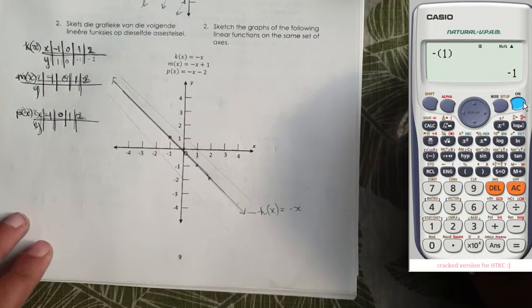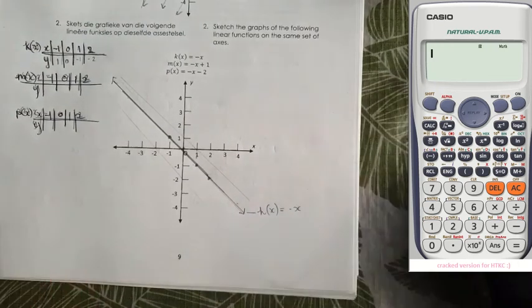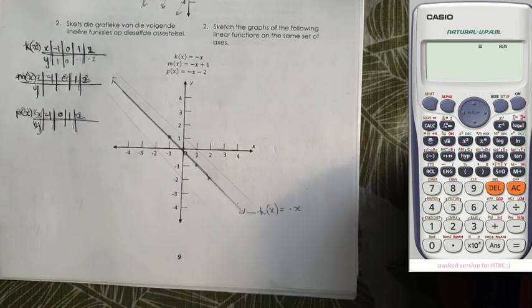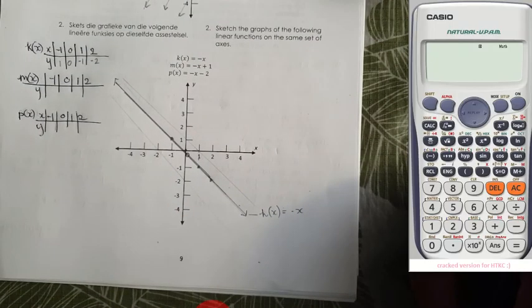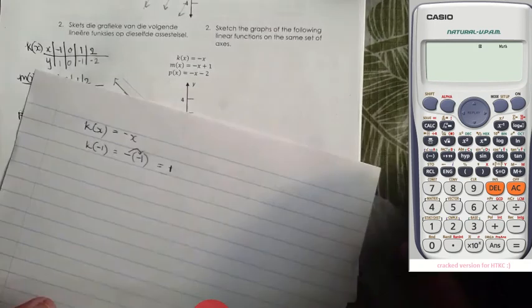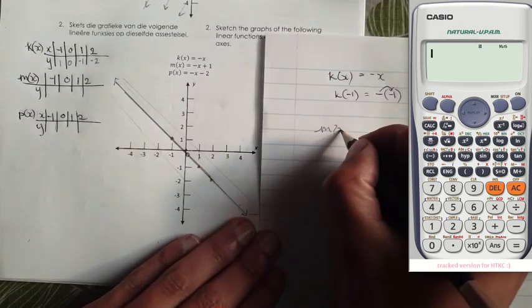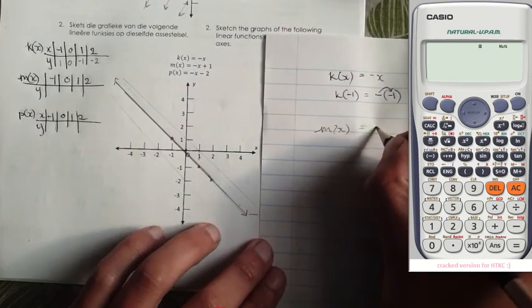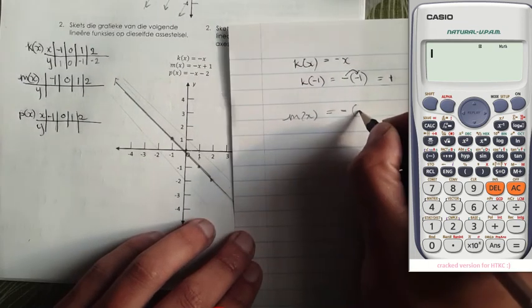Alright, so I'm going to do the rest of the functions, but I'm going to do it on my calculator. I hope you can see the calculator on the screen. Let me just pause and clear up the screen a little. Good, we're going to do the next few now on the calculator. The second function is m of x. I'm just writing down the function so that I can see it. M of x is equal to negative x